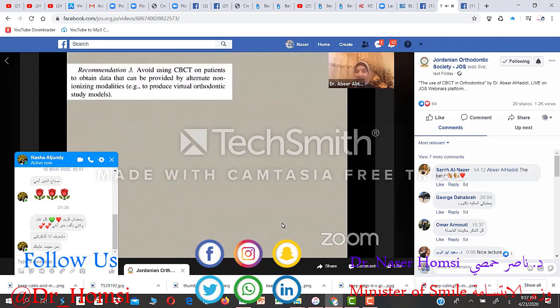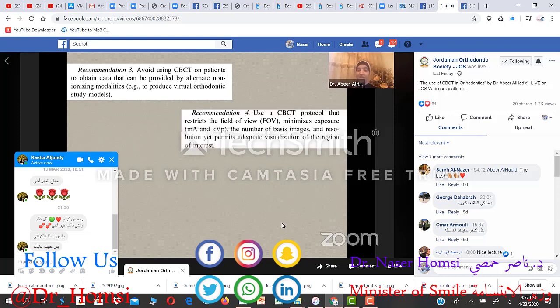We'll talk more about the topic of virtual orthodontic study models later, but it says that if you can actually perform the task without even ionizing radiation, then all the better. If you can solve your problem and obtain the data without giving your patient radiation, that would be the ideal situation. Okay? Now, when you decide to use a cone beam, especially in orthodontics because we're always dealing with younger people,